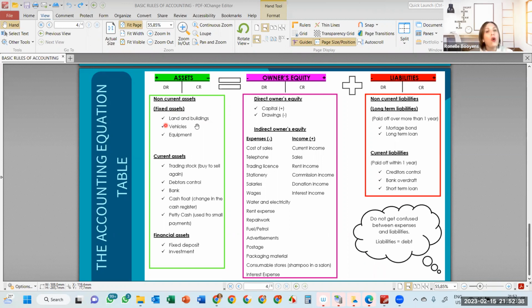Yes, of course, if you buy a delivery vehicle for your business and after a few years this thing is starting to fall apart and you need to buy a new delivery vehicle, you can definitely sell that vehicle. You can buy a business property and later sell it. But the intention is not to sell it when you originally buy it. No, you're going to use it within the business. So those are our fixed assets.